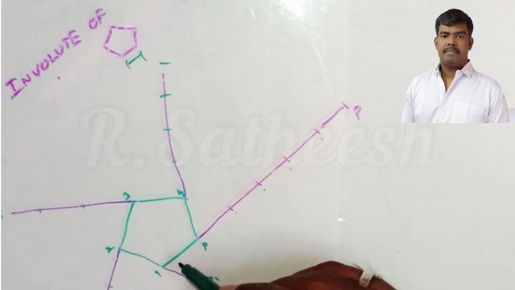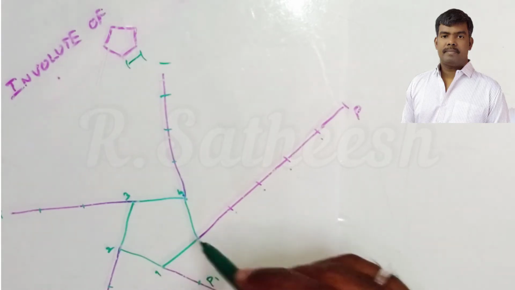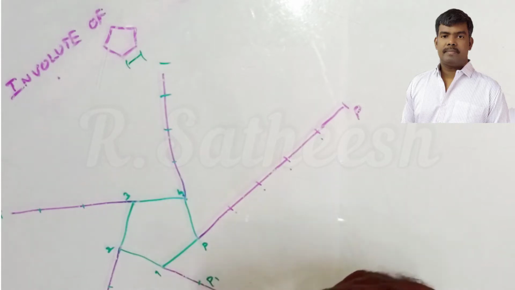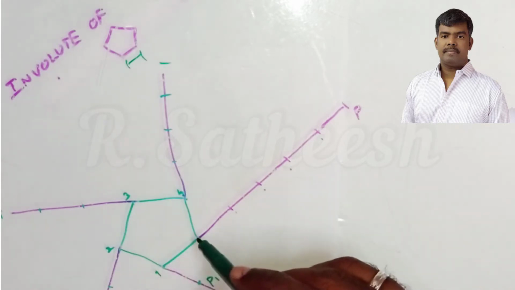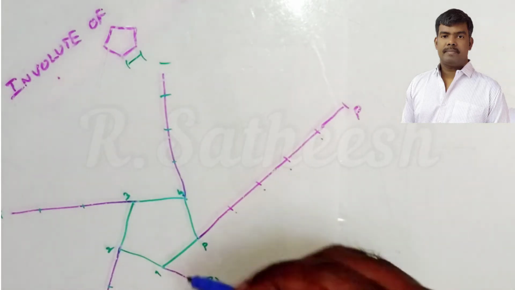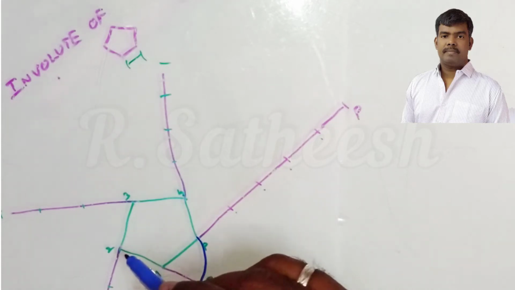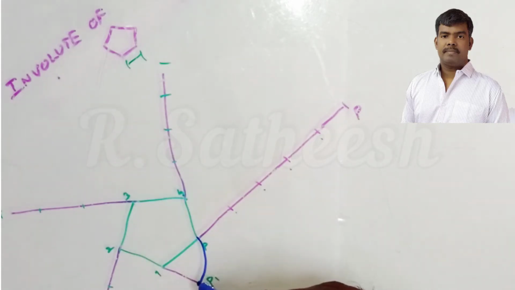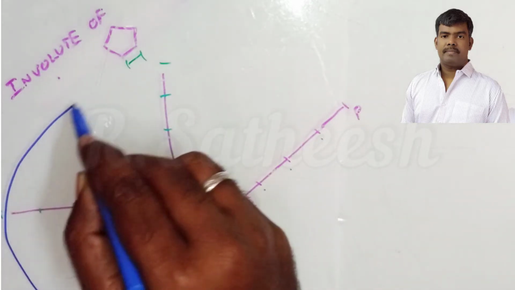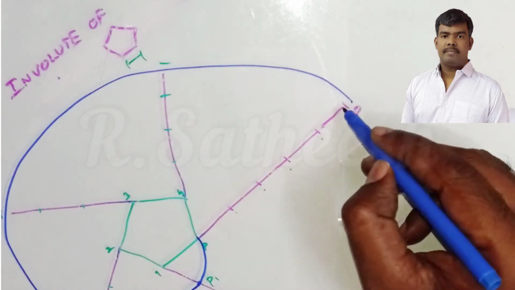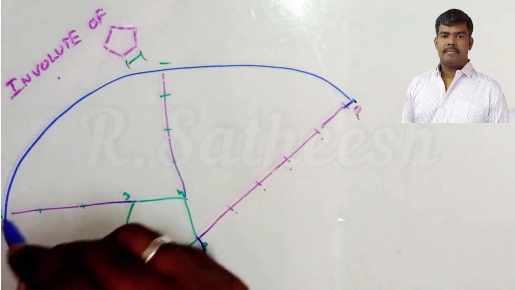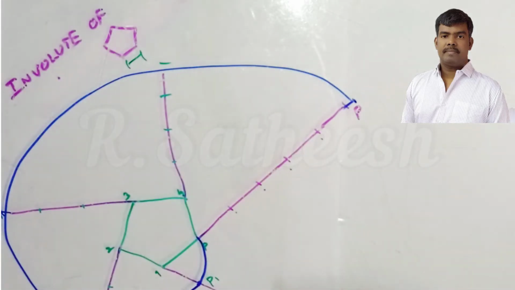So for a circle it is a free curve, but now using the compass, take 1 as the center, 1 to P, that is 30 mm, as the radius, and draw one arc. Okay, now 2 as the center, 60 radius. Clear. Then mark P3, P4, P5. Clear. P1, P2, P3, P4. So this one is the involute of the polygon. Clear. Like this.